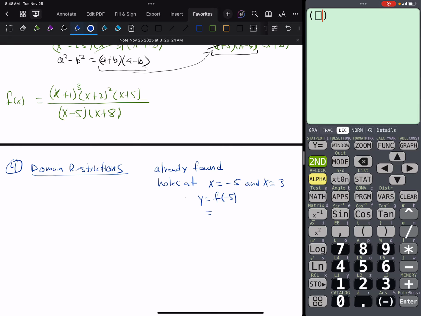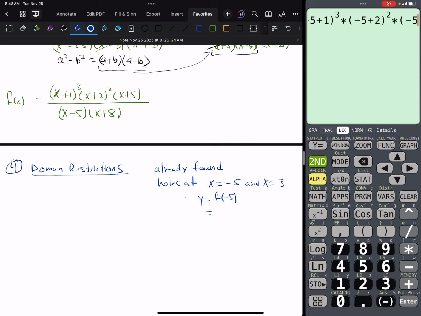And so I'll have -5 plus 1 cubed, and then that'll be times -5 plus 2, and then squared, and that'll be times -5